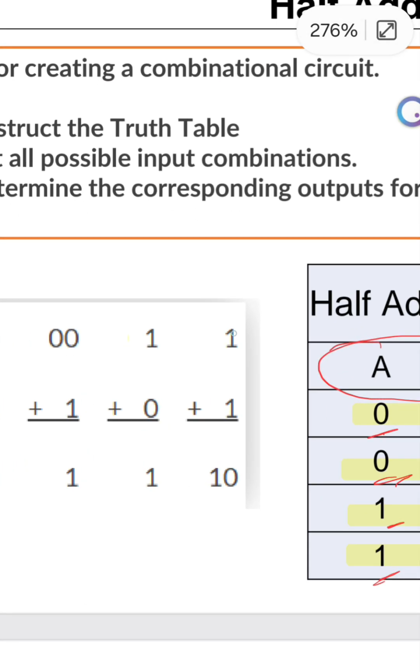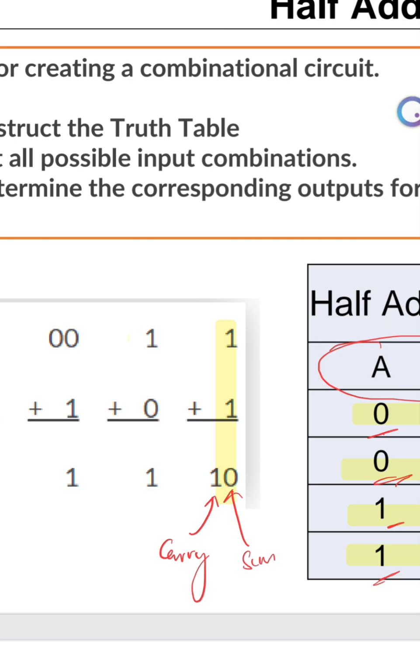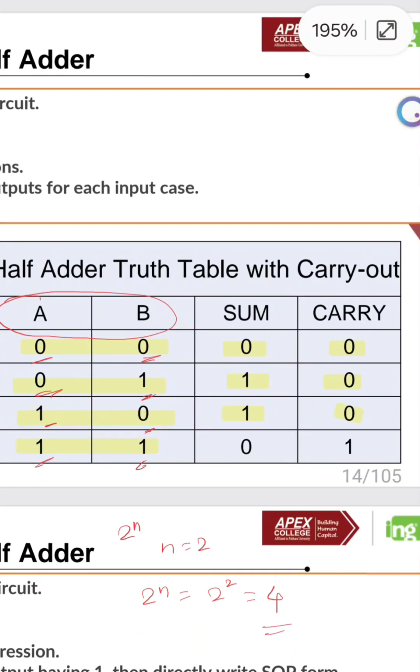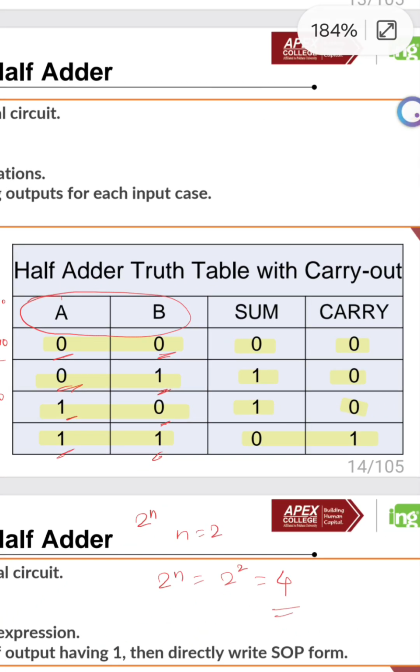We have already found that the sum of 1 and 1 is 1, 0, where this 1 is carry and 0 is our sum. In binary, 1, 0 means 2, right? We can also perform this in decimal: 1 plus 1 is decimal 2, and in binary we represent it as 1, 0. So we have finally found our truth table, from which we need to derive the equations for sum and carry,